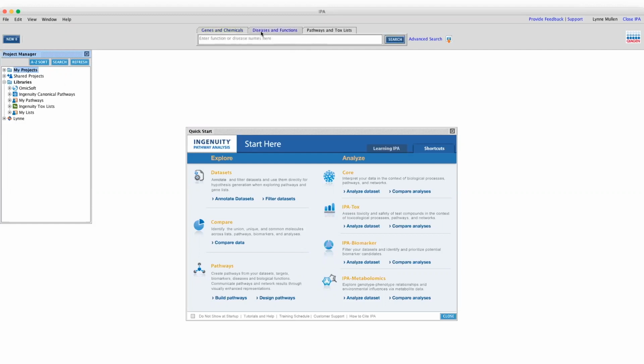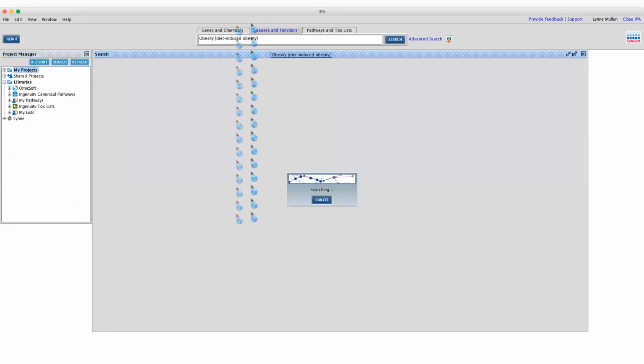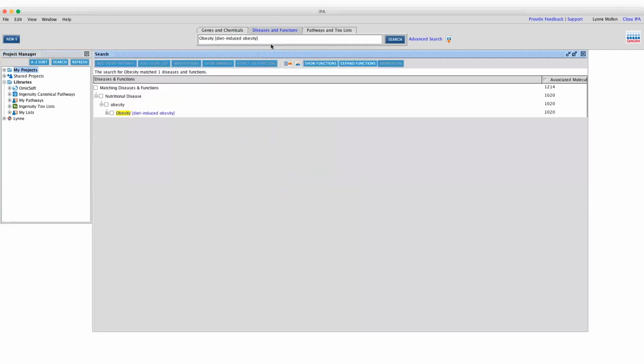So I'm going to choose this diseases and functions tab, and I'm going to enter obesity. And you can see as I do this, there's an autocomplete menu that pops up. So I'm just going to go ahead and select that one. You don't need to choose the auto select. You can just go ahead and hit search, and it'll give you a lot of different options. And you can also, if you want to search for multiple terms, you can enter them, just separate them with